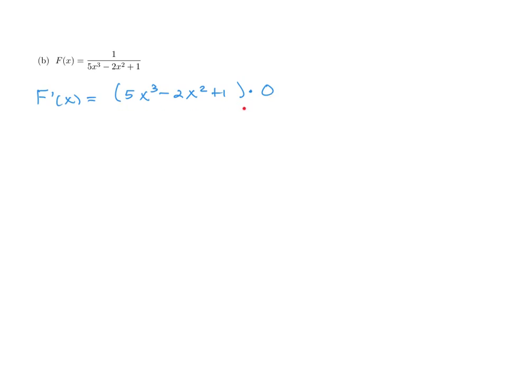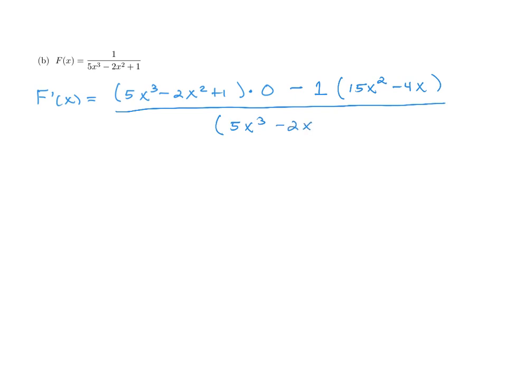That's 0 times this whole thing, which will eventually become 0. I subtract off the top, and I multiply that by the derivative of the bottom, which is 15x squared minus 4x. And this is all divided by the denominator, 5x cubed minus 2x squared plus 1, and that whole thing